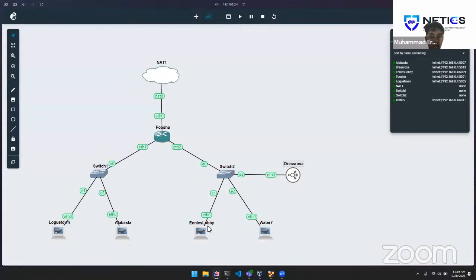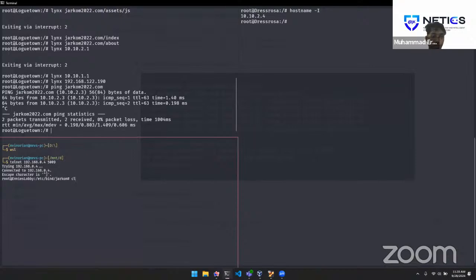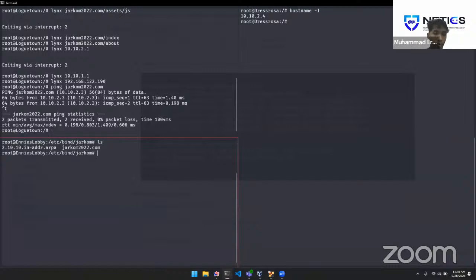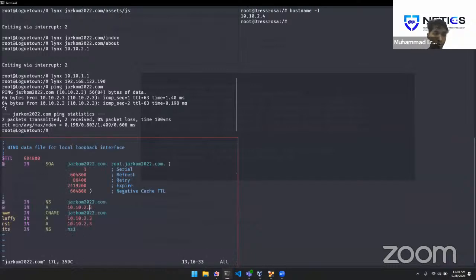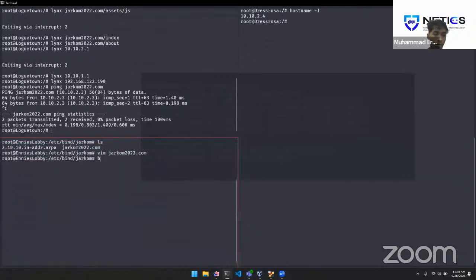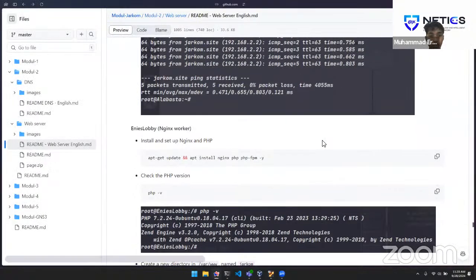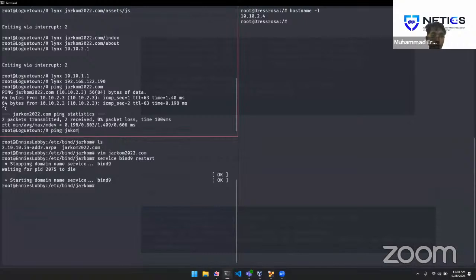and just modify the jarcom2022.com, and we can modify this into 4. And because we don't need all of these, just remove all of them. And then restart the Bind9. After that, if we ping jarcom2022,